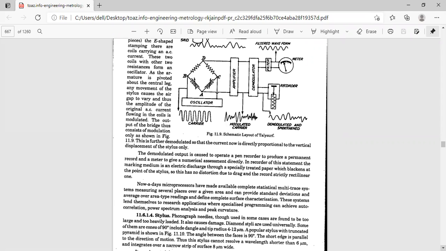Well, we can go for the spectrum analysis, that we can study in tool monitoring also. Whenever a tool is new, the power spectrum will be different, and whenever it is wearing out, just before failure or breakage of the tool, the power spectrum will be different. That means it is drawing more power from the spindle, because when we calculate the spindle power, P is equal to 2 pi N T by 60, and the torque is a function of the cutting force into the radius of the tool.